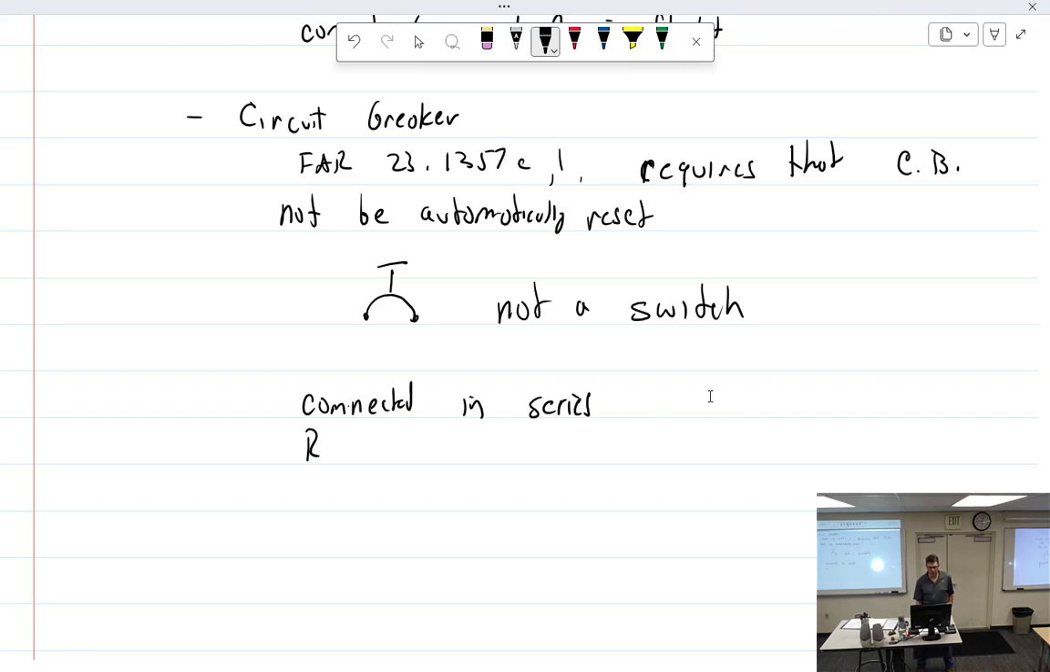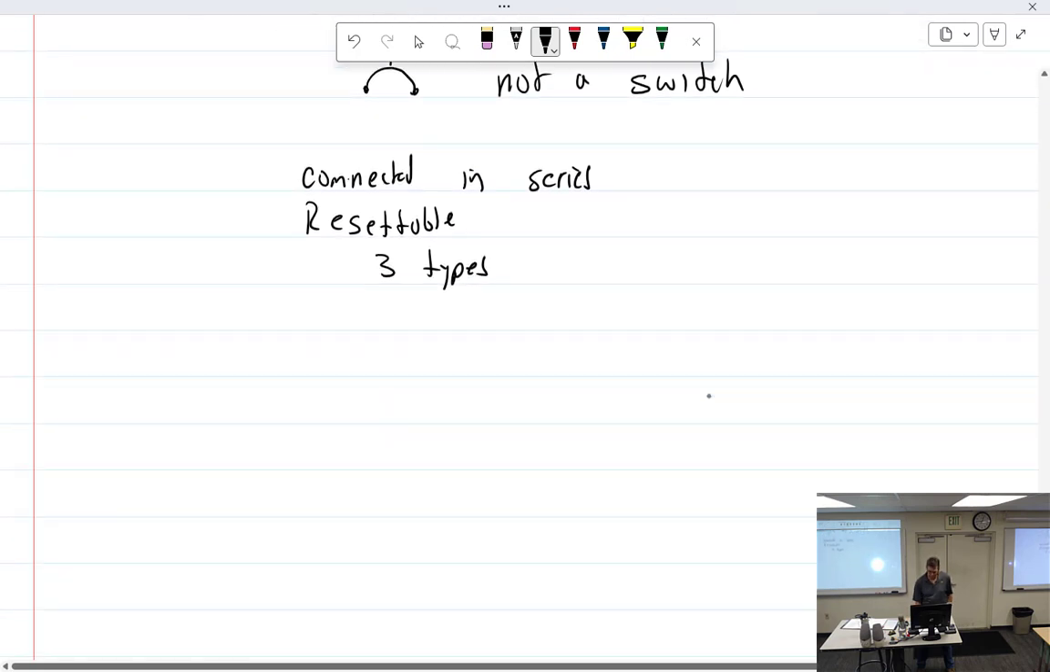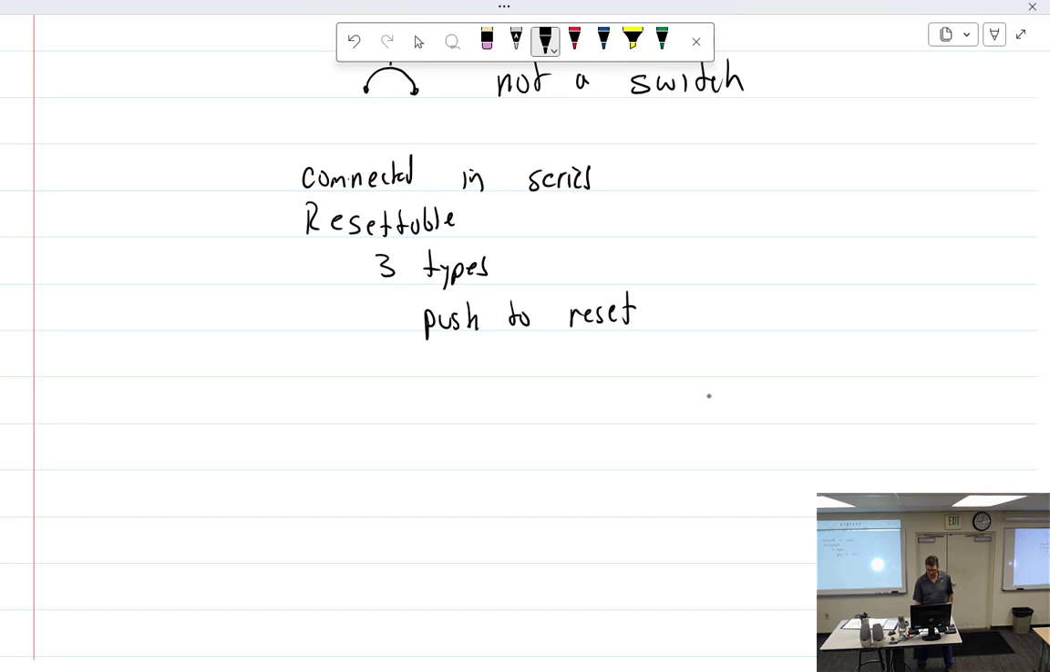They are resettable. There are 3 types. There is the push to reset; that's all you can do is push it in. There's the push-pull. You can pull it or you can push it. If you pull it, what happens? It goes off. And if you push it in, it's reset. Not a switch. Then there is the toggle type,